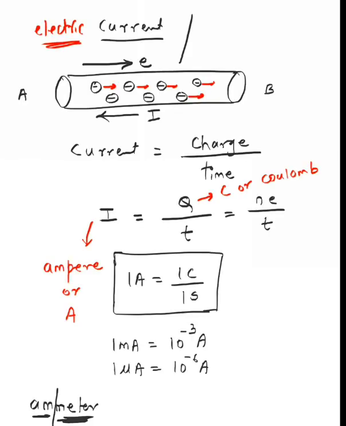But won't current have a direction? Current has a direction, but it is just a sign convention. It's not like it will change with the direction. If you have a conductor at your home and you take it to somebody else's house, the magnitude of current does not change. It won't be positive or negative; the quantity doesn't get affected that way. This is just a sign convention of how your current is flowing. It will always go from high to low potential only.